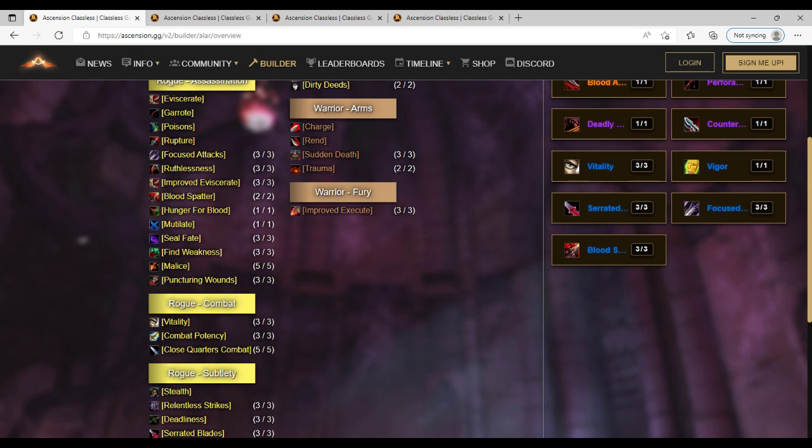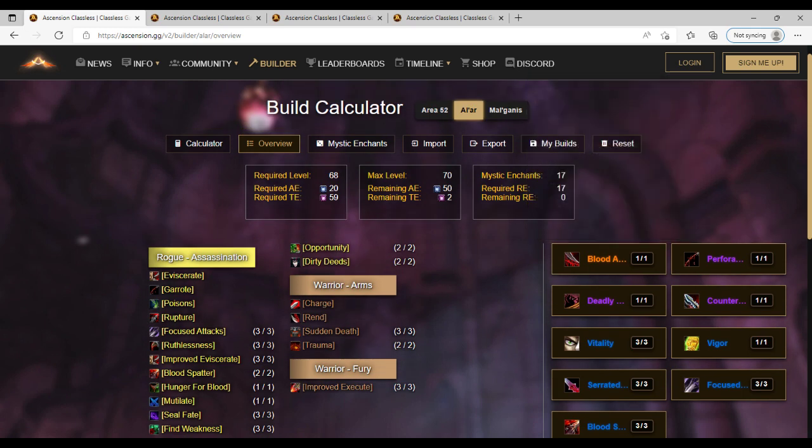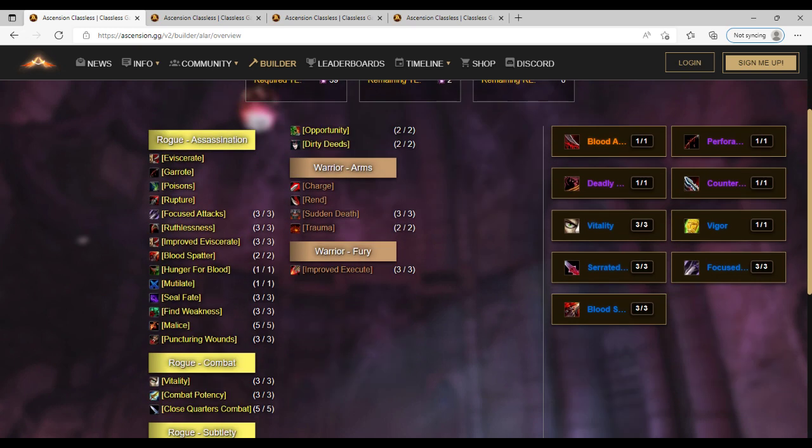So yeah, the first build we're going to talk about is Blood and Guts. I like this build a lot. It's very easy to roll this. So to start out with, you want Charge, Rend, Stealth, and Battle Stance. Battle Stance is just whatever. There's really not much else good to pick. You could also play Blessing of Might if you wanted